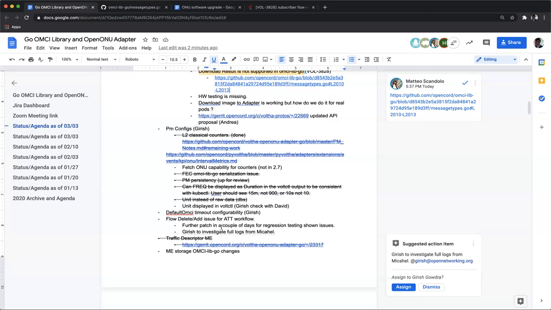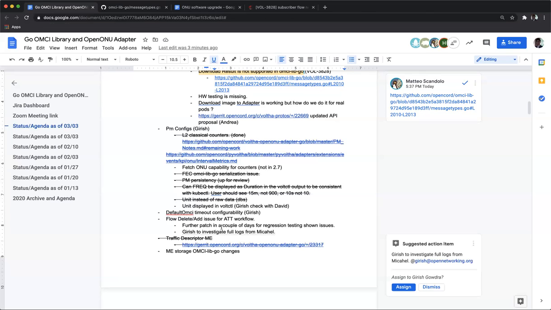Thoughts, Michael, Girish? Anything to add? Yeah, what I will do at the moment is separate this delivered patch, because it includes two corrections: the one that you refer to, and the other one refers to some problems that we still have seen on the ONU soft reboot behavior. I will make a separate patch for the corrections for the ONU soft reboot behavior only.